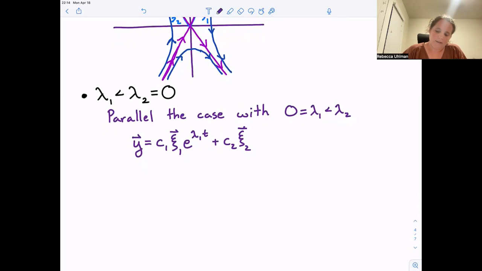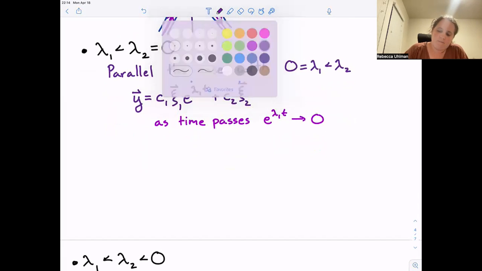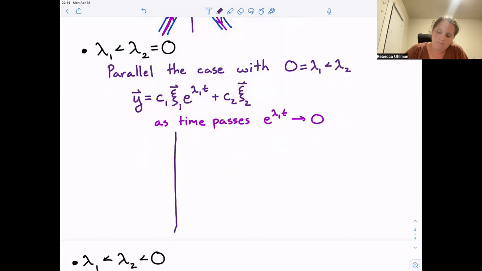As time passes, e to the lambda1t will head towards 0. And the picture we wind up getting if we draw our representative psi1 and psi2,